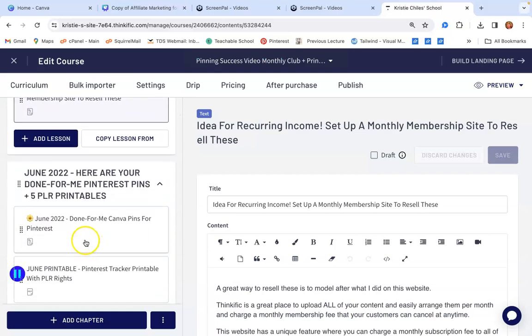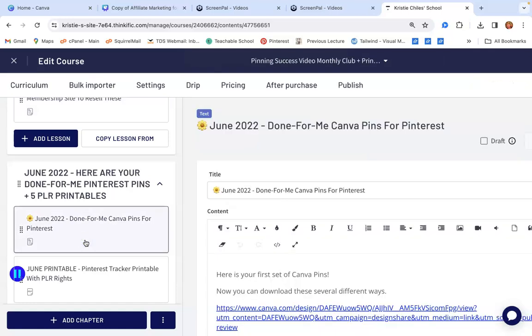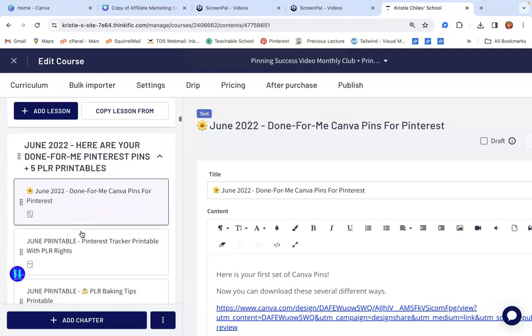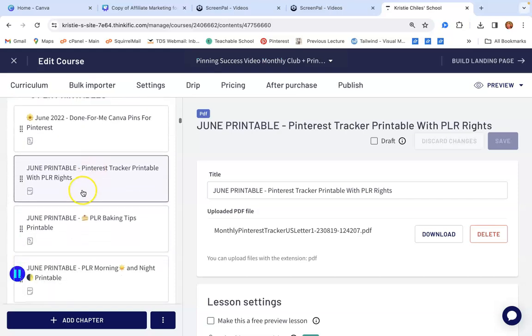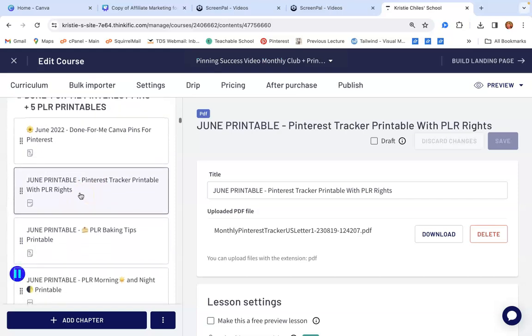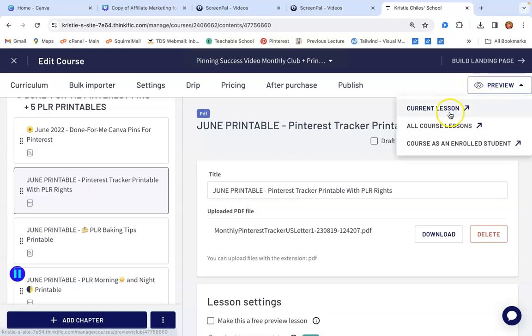And then it actually goes into the actual Pinterest. When I first started this membership, it was just Pinterest. Later on, I began to add Instagram video pins, but these are Canva video pins, and they match the theme of the printable you're going to get. So for example, if we preview this,